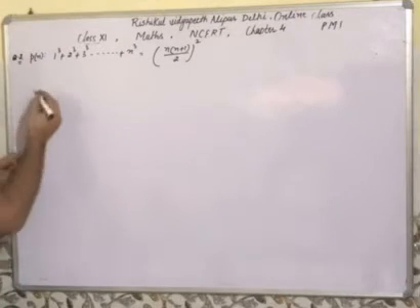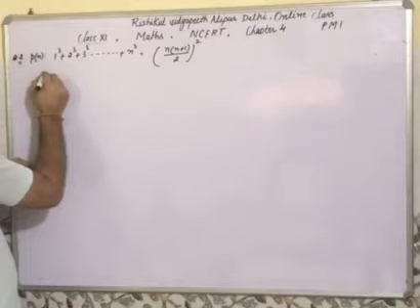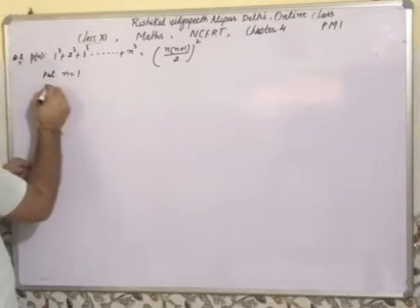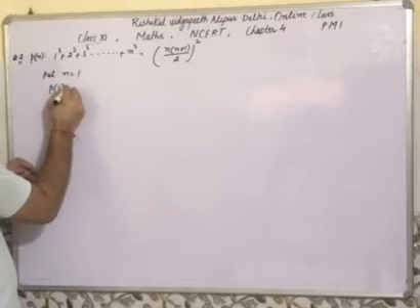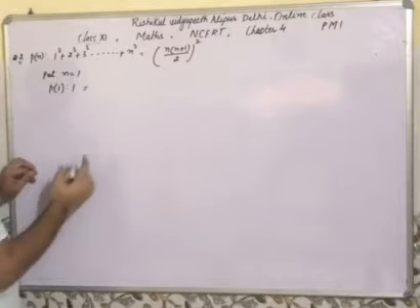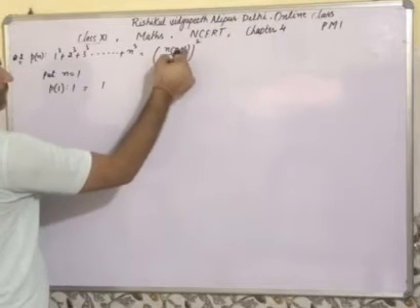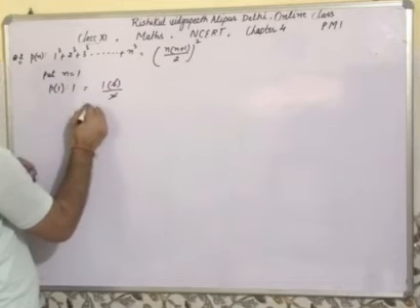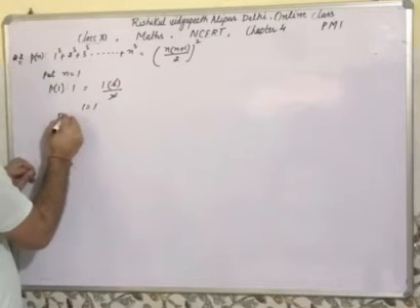Then put n is equal to 1, then p of 1, this value is 1, is equal to 1 into 1 plus 1, 2 divided by 2, this cancel out to this, 1 is equal to 1, this value is true